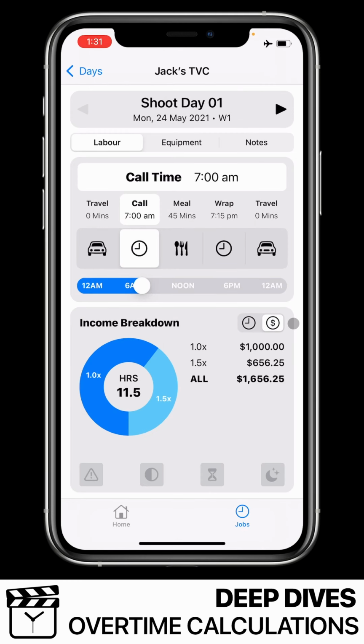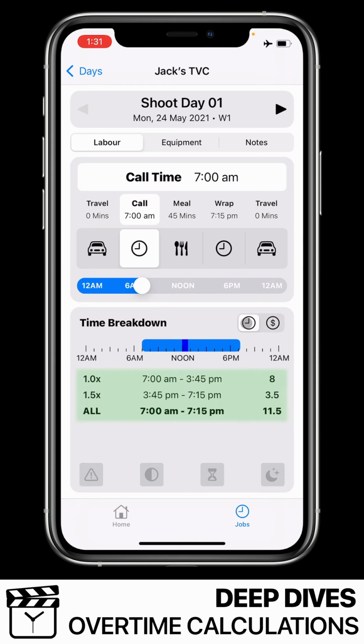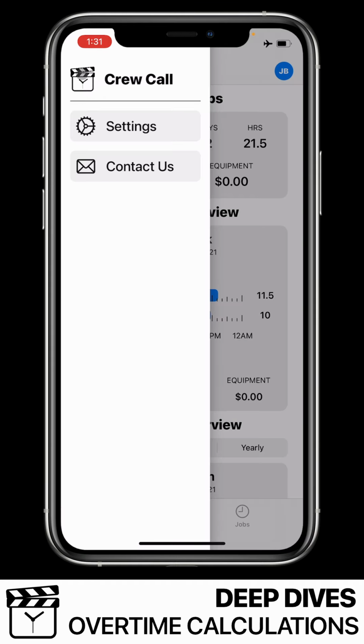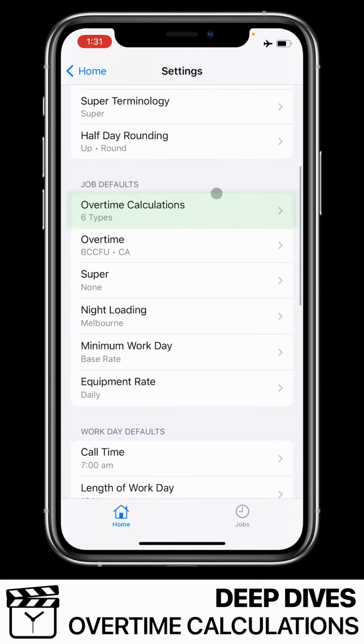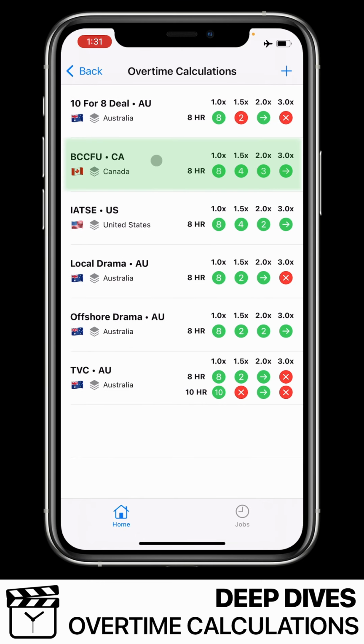Overtime calculations are used to calculate your income from your work hours. CrewCall ships with a set of overtime calculations that are ready to go. These can be accessed via Settings, Overtime Calculations. There is the BCC-FU overtime calculation for Canadian crew, the IAT-SE overtime calculation for US crew, and a variety of